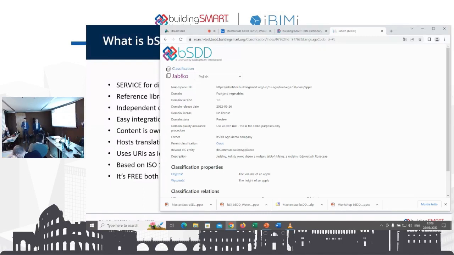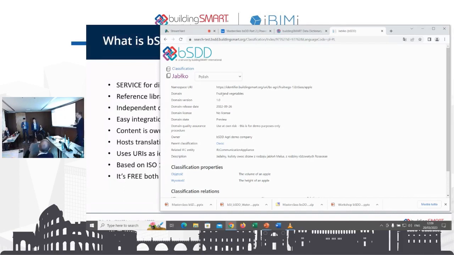I don't, but we are now working on procedures to make some of the concepts or classifications verified. You can think of it like the Twitter checkmark, saying this has been validated according to standards, but it won't limit the basic use case. If you're a company that has 100 projects that use the same properties and you want to share them with your stakeholders, you will be free to do that.